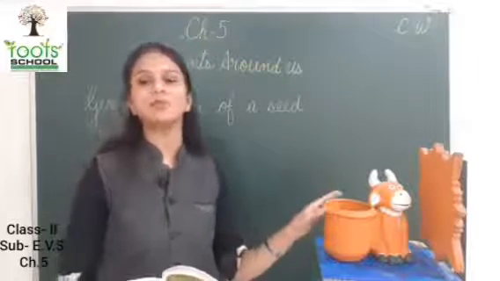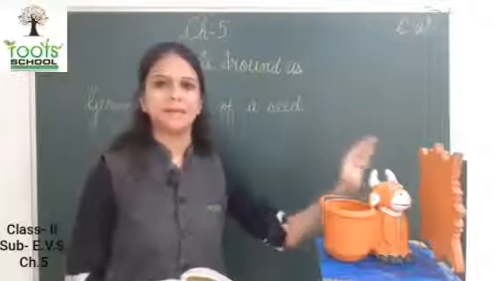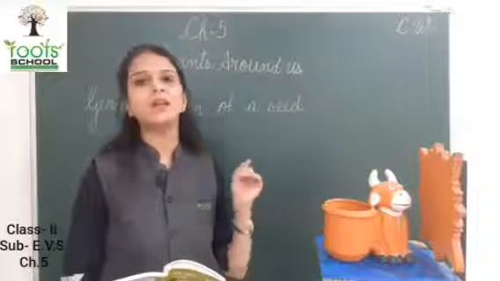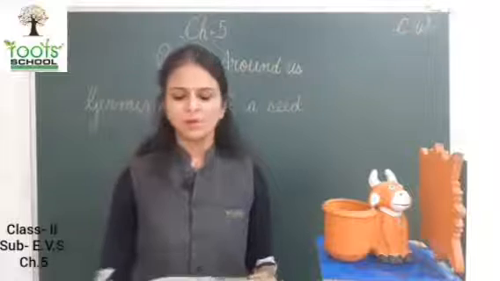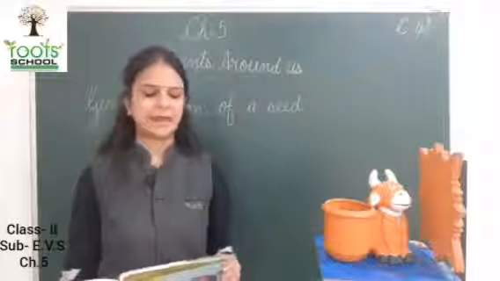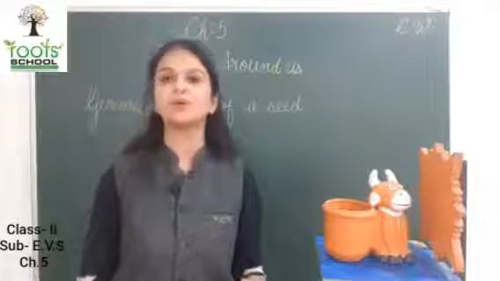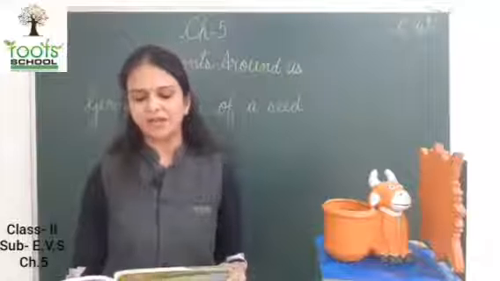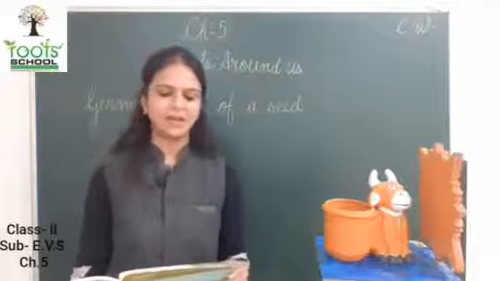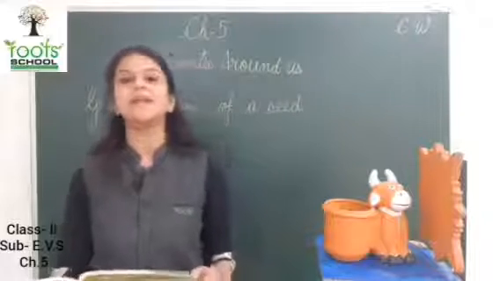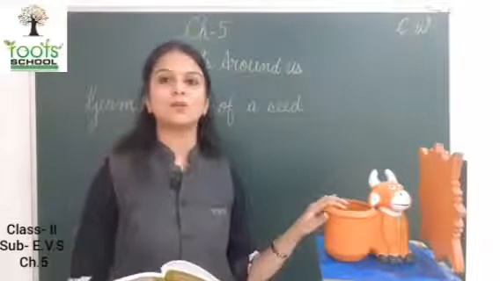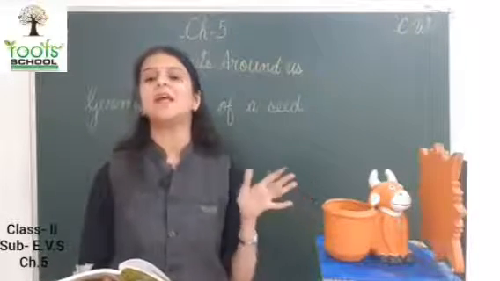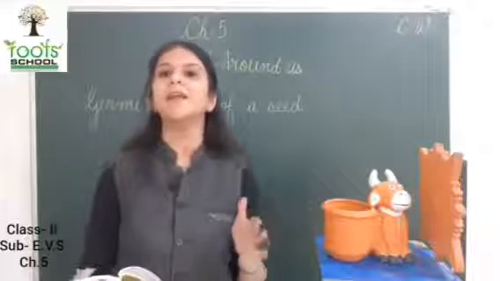So उसके लिए what do you have to do? You have to keep it outside, बाहर रखना पड़ेगा. Then it will grow in the sunlight. If you keep it in the room, it will not grow. So a plant needs soil, sunlight, water, air and warmth to grow. If any of these things is not available to a plant, then it may not grow properly or it may die. If you keep it in the room and the plant does not get air, water and sunlight, it will not grow properly and it can die also.